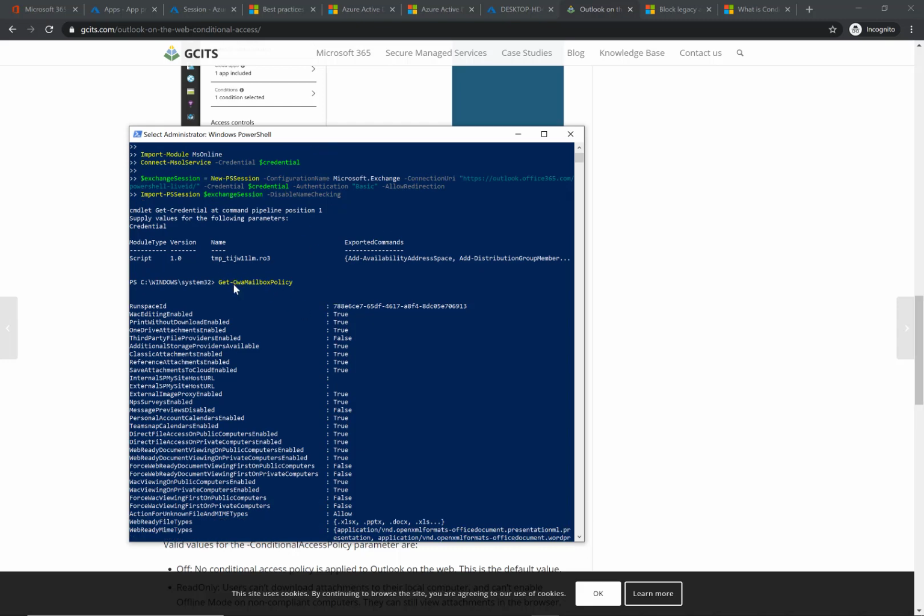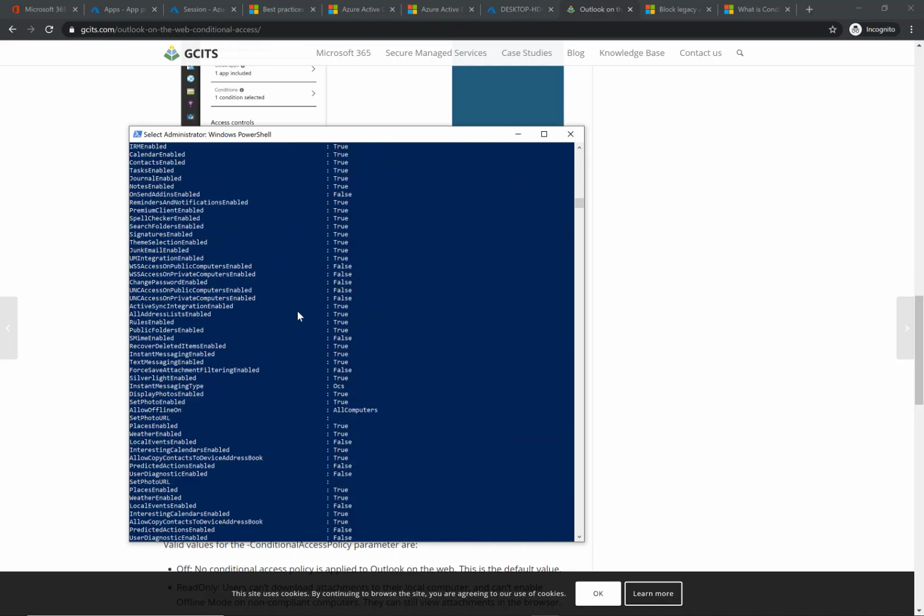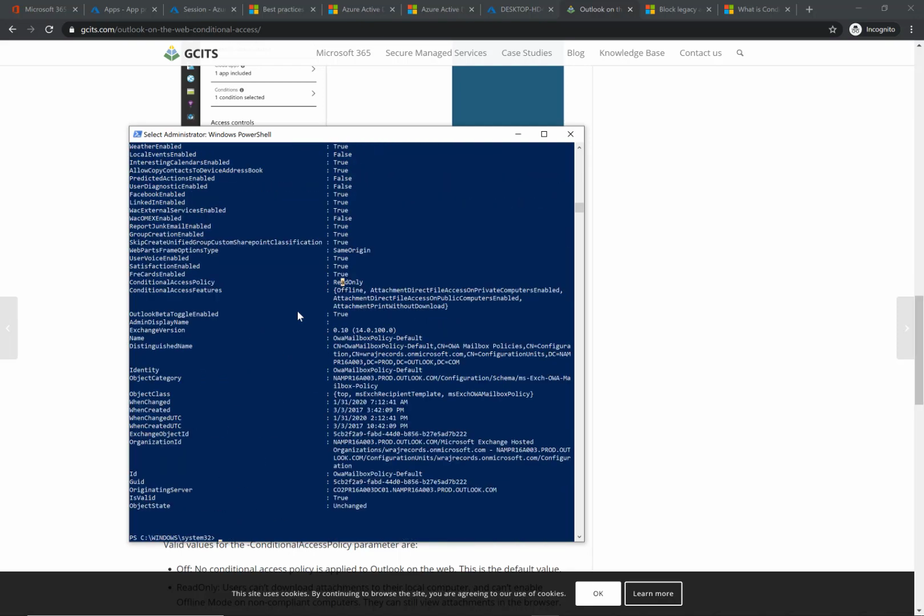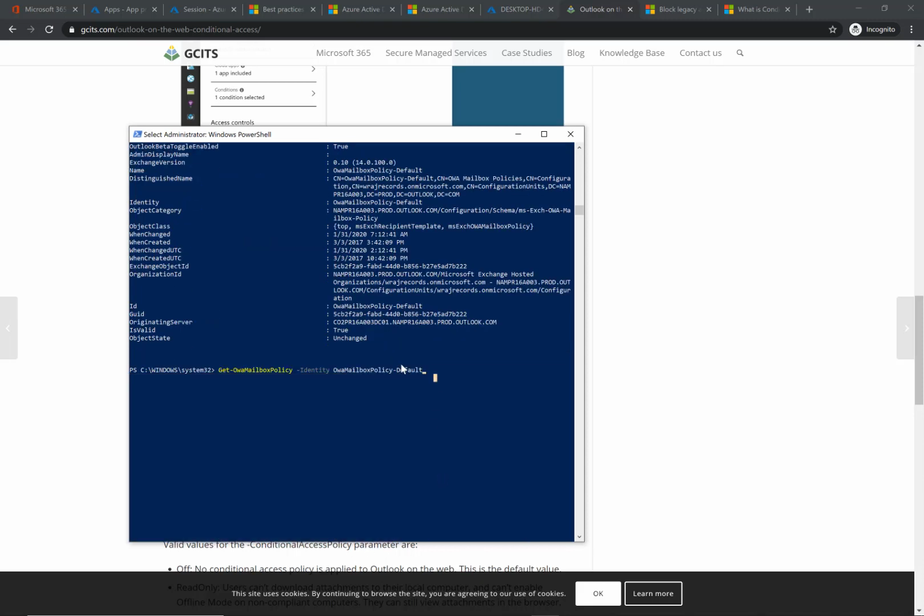then you can either run this Get-OwaMailboxPolicy. I recommend the commandlets that he's using in there though to identify this. This is most likely going to be the name of your policy if it's a newer tenant. So it's OwaMailboxPolicy-Default. But you can see that if you run this command,